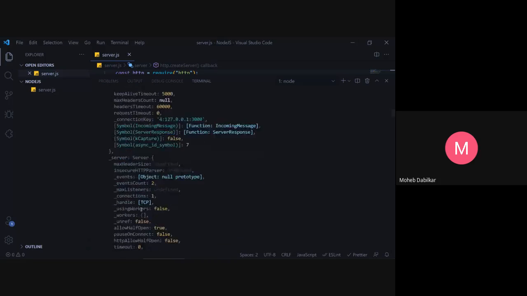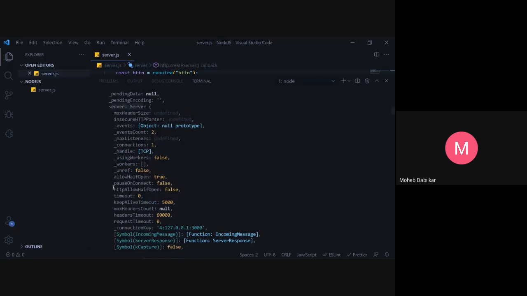So we have pending, then there is server HTTP, hello, half open. Yes, these are some things which are used to make a secure server. So keep alive timeout: how much time can a page be holding back? If there are many pages making a request, and there is some page that takes more than 5,000 milliseconds to make a request, then the request will expire. So that is your 5,000 milliseconds. That's 5 seconds, I guess, or 50 seconds maybe.